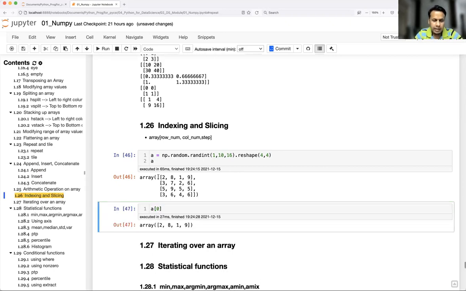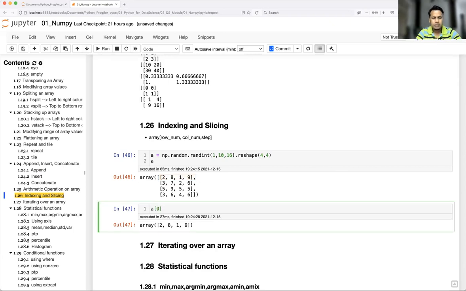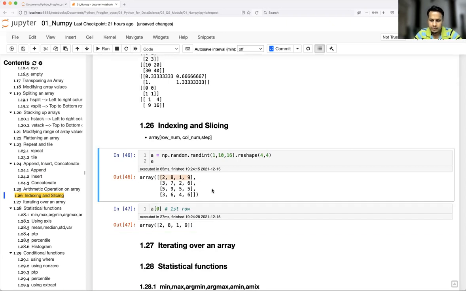So if you see here, you are just creating a list inside a list, right? So an NP array is basically many lists inside a list. You see here, the outermost square bracket is nothing but your single list, and inside that I have so many lists separated by commas. So what will happen? This is the first element, that's why I got the first one, which also tells the first row of a given matrix. So when you give 0, it is going to return the first row of the array.